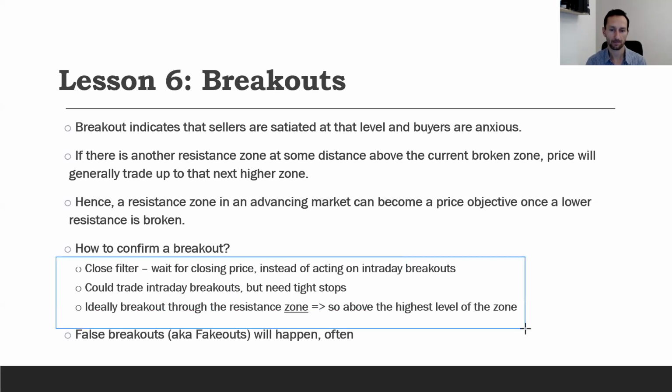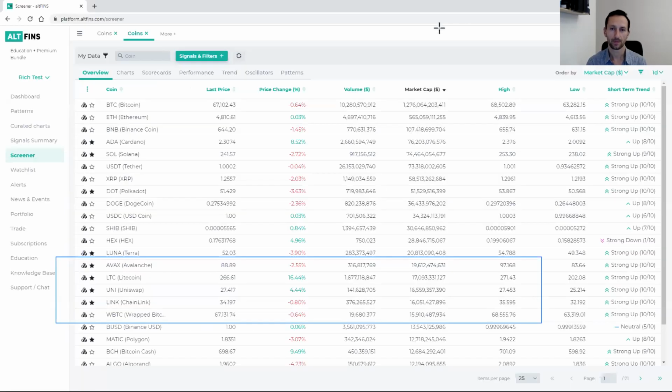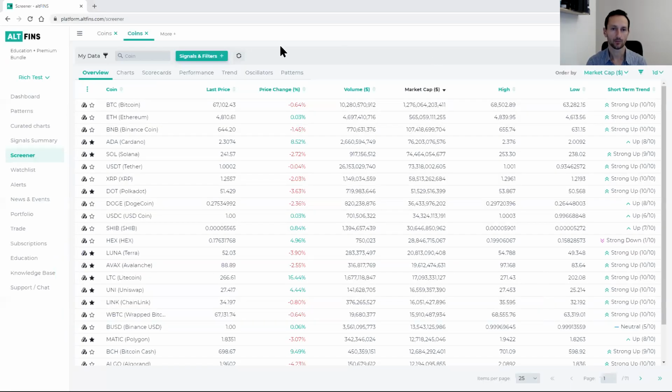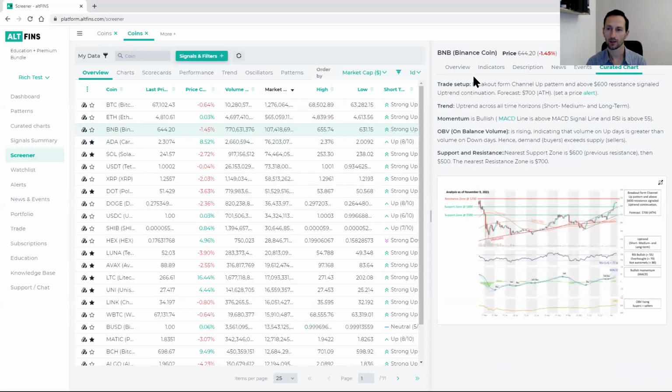One is using the closing price as your filter, meaning as your criteria. A lot of times a price will break out intraday, right? Do we act on it immediately? You can. I'm trying to think. Well, this is not a breakout, but